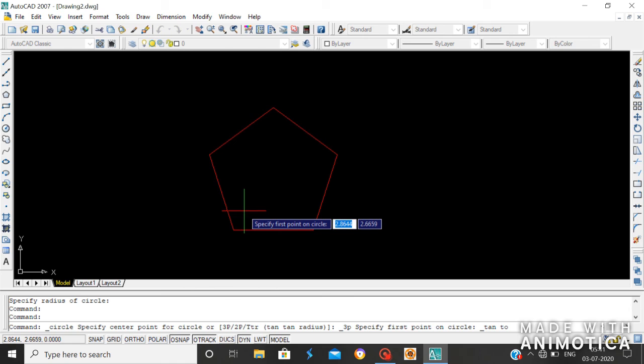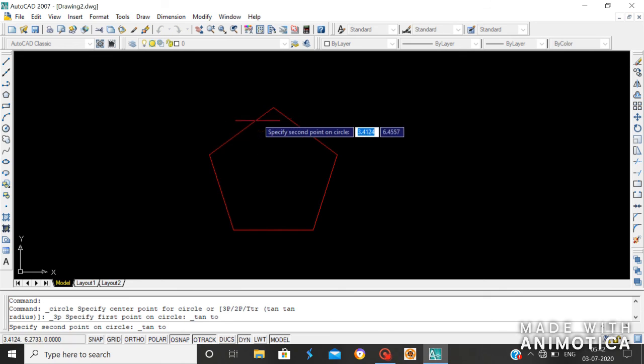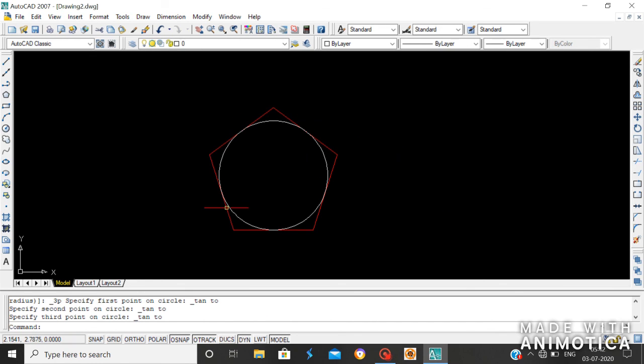Then you have to specify the first tangent point or first tangent object of the circle. Here choose this one and this one. This method is very useful to draw a circle inside a polygon.